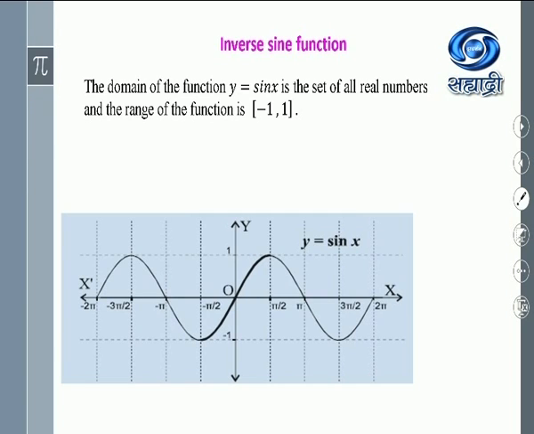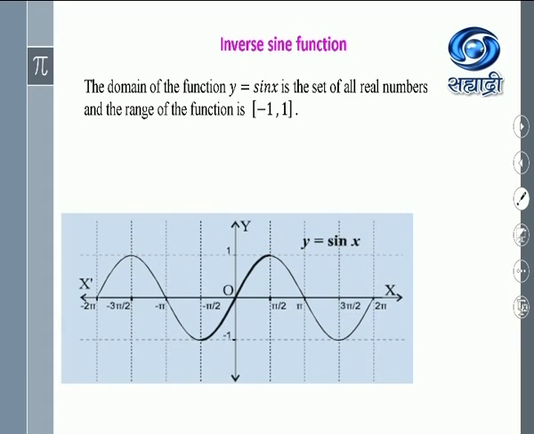Now to draw the graph with these quadrantal angles, you will have to keep in mind the range is -1 to 1. So on the y-axis, we are having these 2 points, -1 and +1. And as the domain is the set of real numbers, the whole x-axis is nothing but the domain of the function. Okay, now with the knowledge you have, sine 0 is 0, so you will get this point.